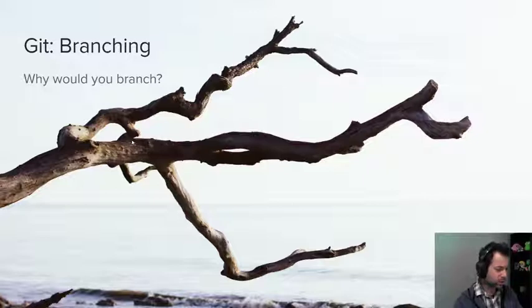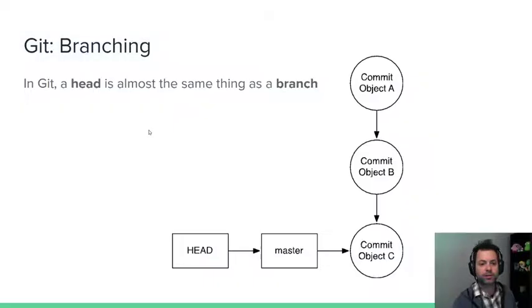All right, so we talked about branching last time. Why would you branch? Exact same reasons here. Work on features, work on things in parallel. Any reason you could have to work with other people on the same main area and then work on something separate or something specific. Feature, product line, whatever you want to call it. Usually there's a good reason why you would branch. Maybe you have a base repository that you have the production side, and then you have a developmental branch for your next version. Then when you're done, you merge it back down.